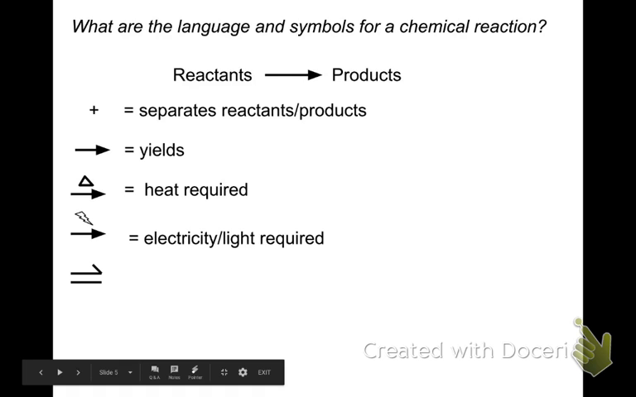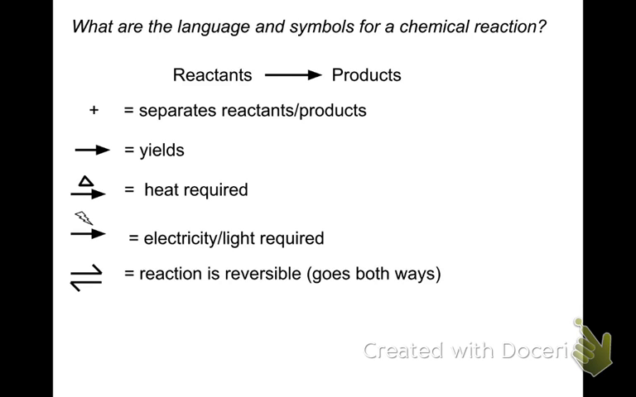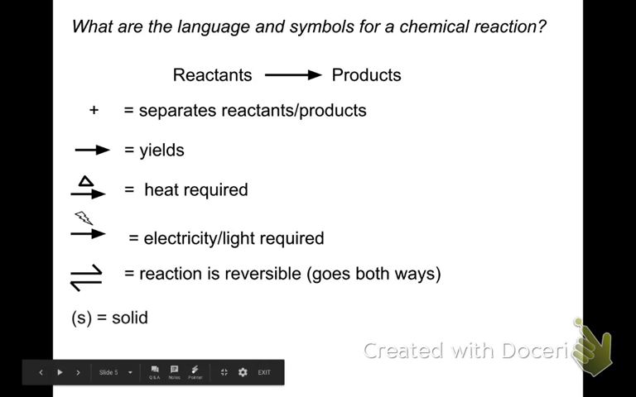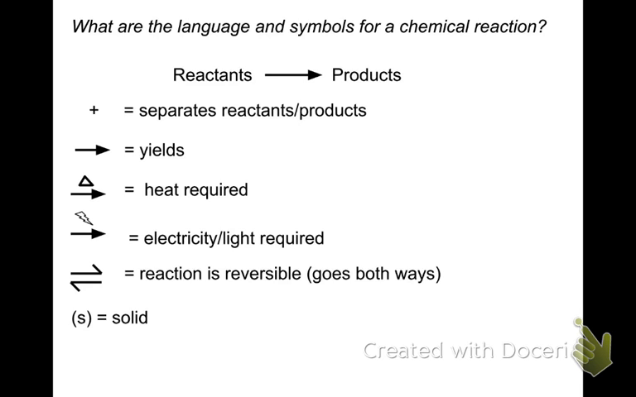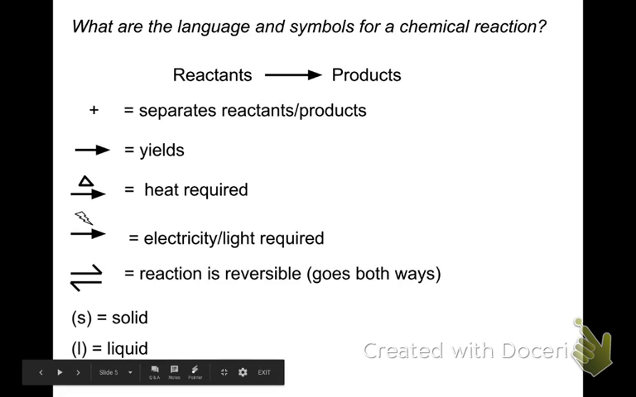If you see a double-sided single arrow, that means that the reaction is reversible. It is taking place in both directions at the same time. And actually, most reactions are like this, where they're going back and forth. If you see a parenthesis S next to one of your reactants or products, that means it is a solid. If there's an L in parentheses, that means it is a liquid. And if you see a G for gas,